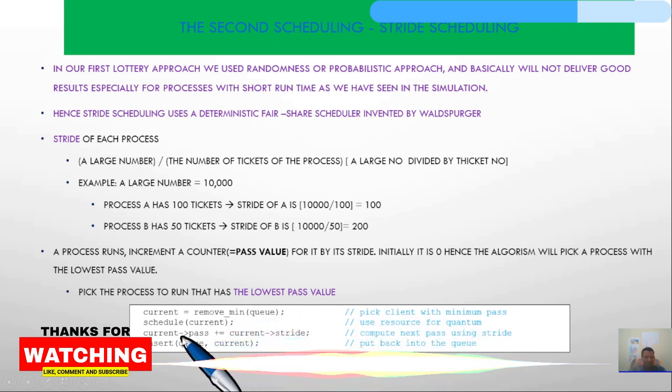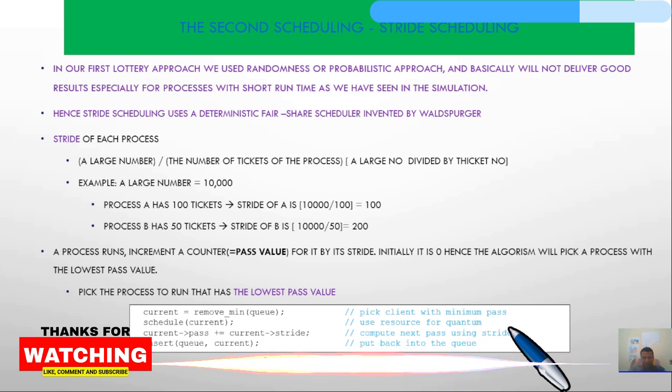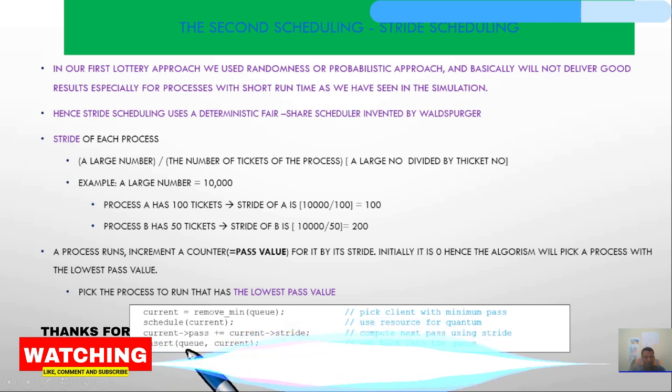The third line of code, current pass plus current stride, computes the next pass using the stride, because we are going to add the stride value to the current pass to get the new pass value. And the fourth line of code inserts the current back into the queue. So let's see an example.